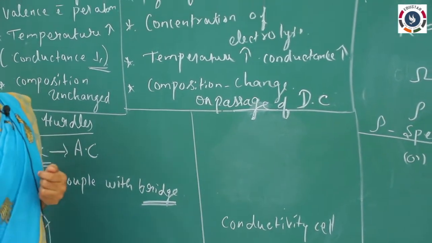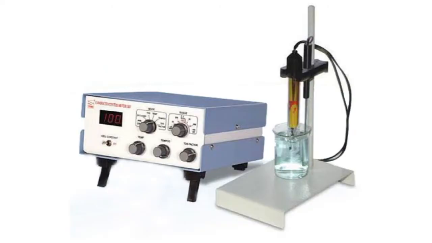So this is the conductivity cell. This conductivity cell contains an anode and a cathode. A cell consists of an anode and a cathode, right? Those anode and cathode are coupled with a positive and negative terminal, and you can see a bridge near these terminals. This bridge will read the conductance and the resistance of the particular electrolytic solution at the particular temperature and pressure conditions. This is the diagram of the conductivity cell.